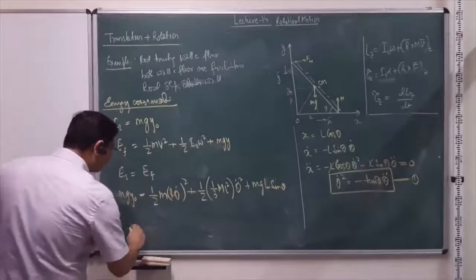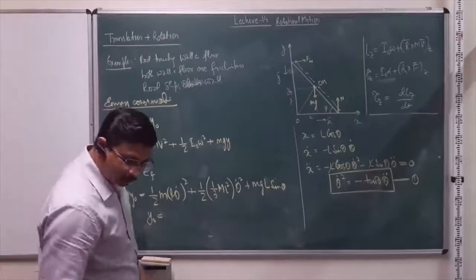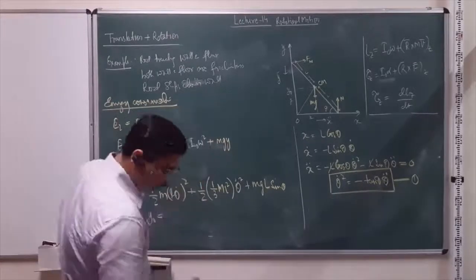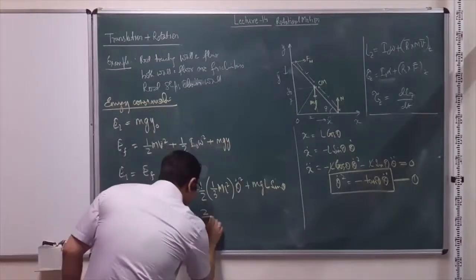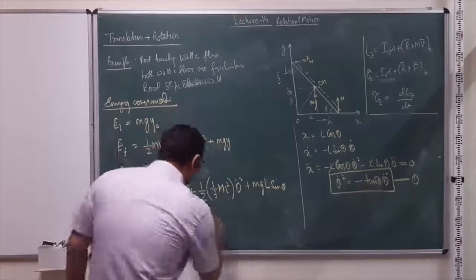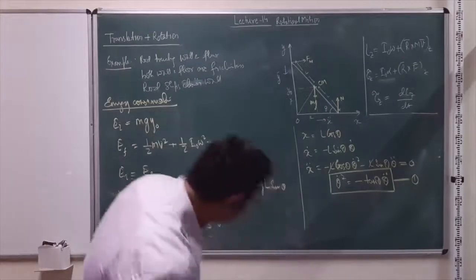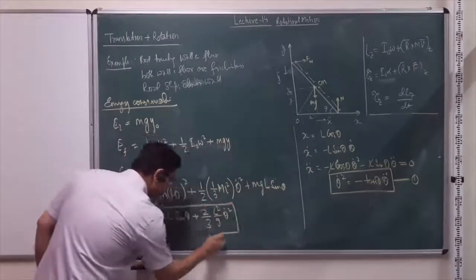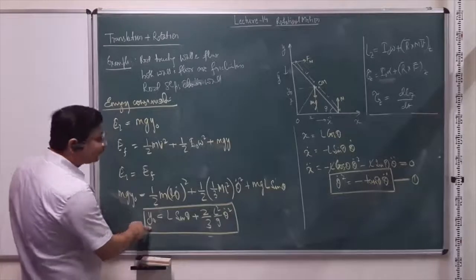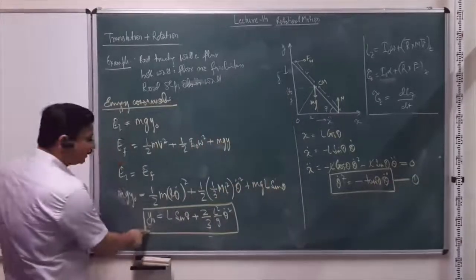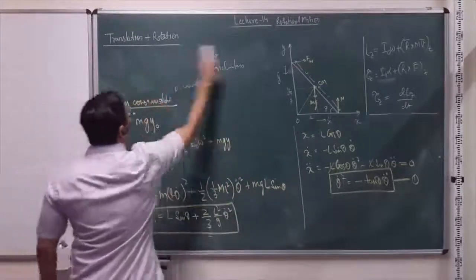And now we can solve for y0. I'll write down the expression, you can see the algebra: y0 is L sin theta plus 2 by 3 L square by g theta dot square. So this is the value of y0 that we have got. And now since this y0 is constant, this is the initial condition, it's given that this is the y0. So let me not rub that out, and write it out here.